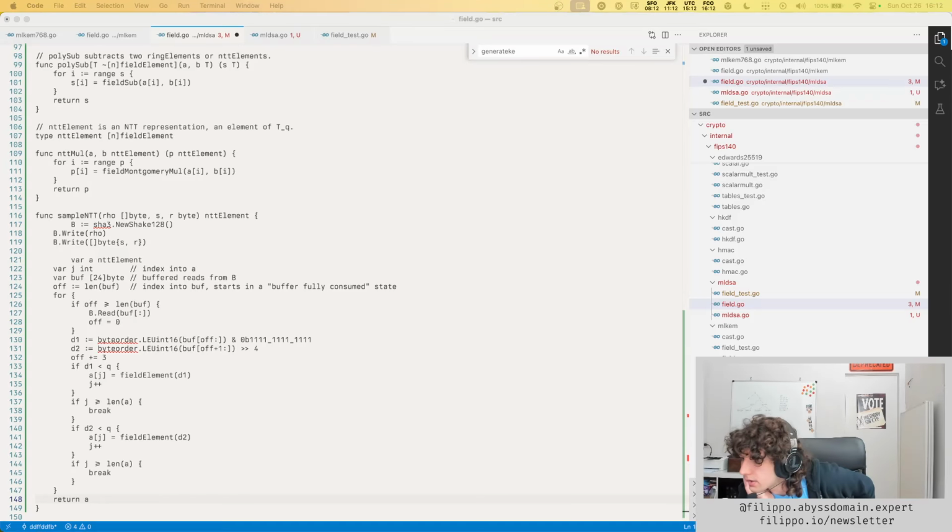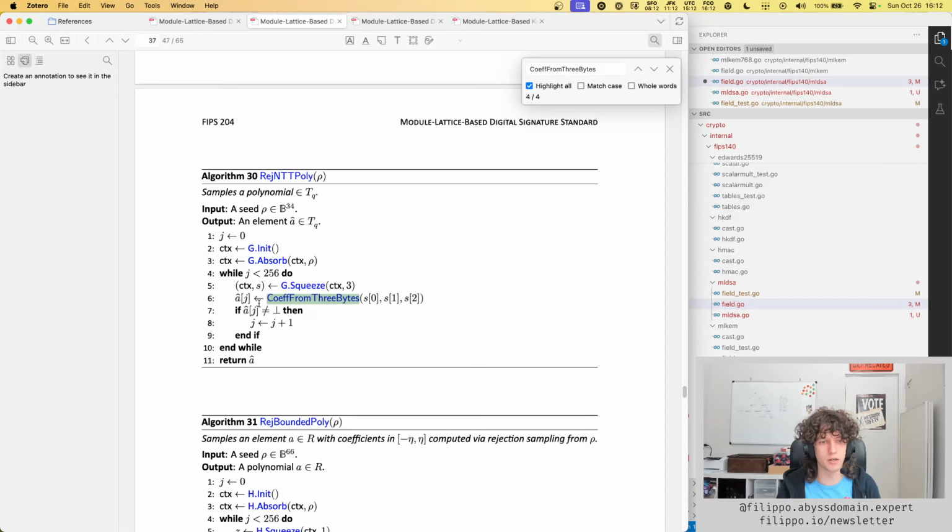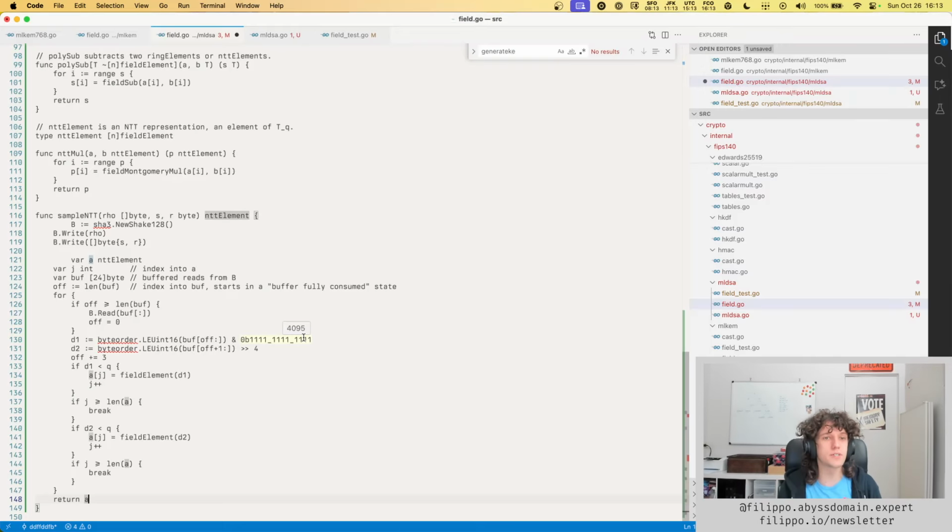I lost track of the chat. Is the while loop guaranteed to terminate? Yes, it is, because every sampling is from a uniform distribution, so every sampling has a very high probability of not rejecting. If you keep running, it will, because you're squeezing from a SHAKE, which is uniform, and you're checking if something is